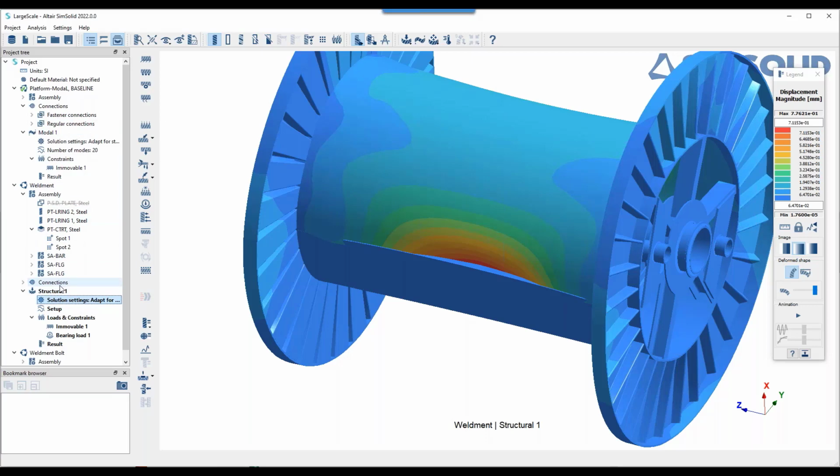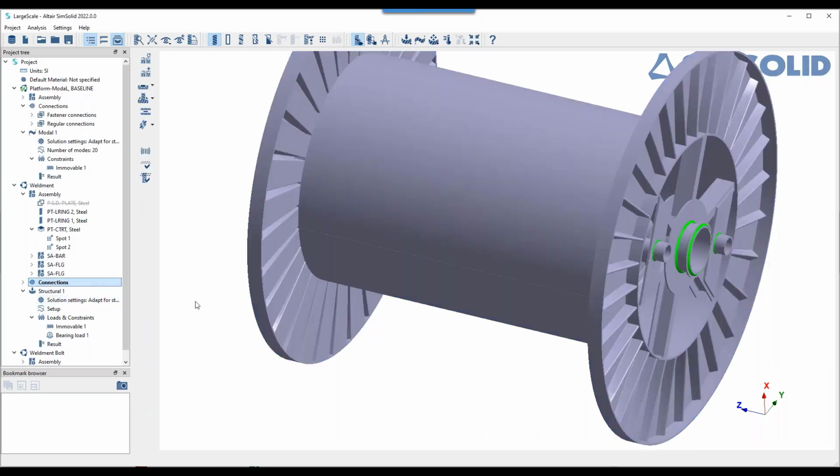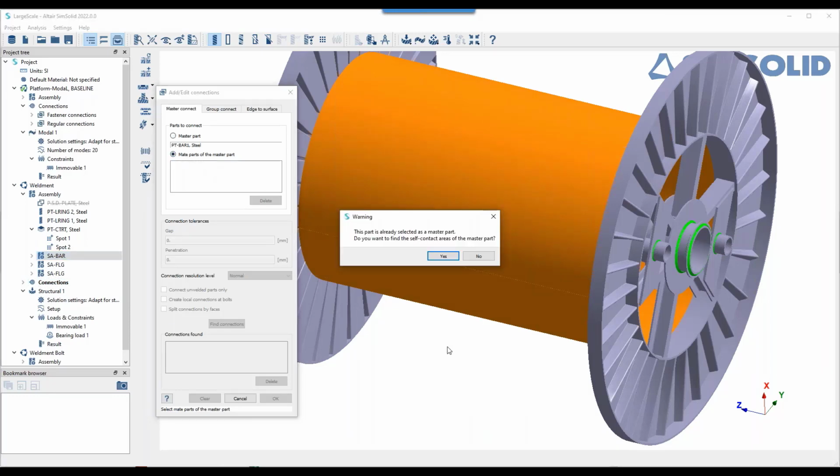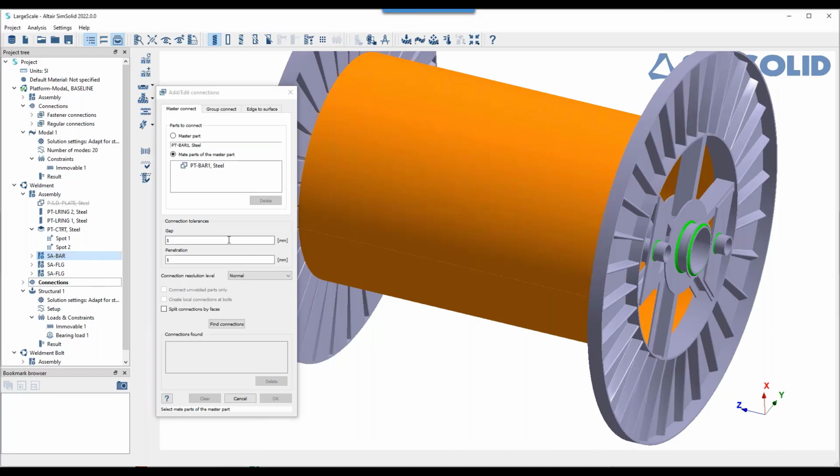You would have to clean this in the CAD software if you didn't want this, which means it requires time. And so I'm going to go in here. I'm going to pick that component, and then it'll give you a warning. Do you want to create a contact between its own part? You say yes. A gap of 1 millimeter,